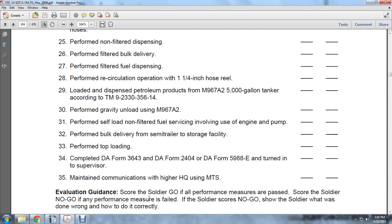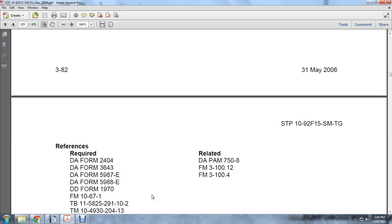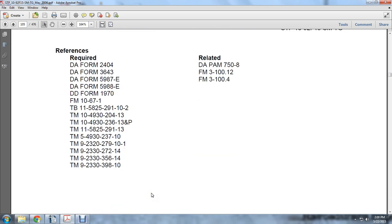In the evaluation, a soldier who is in the go is always performed to pass. The soldier that is in the no-go is performed to fail. The soldier that scores a no-go shows that he did something wrong and needs to make corrections and do it correctly. The DA forms, this is a reference to the DA Form 2404, 3643, 5988E,